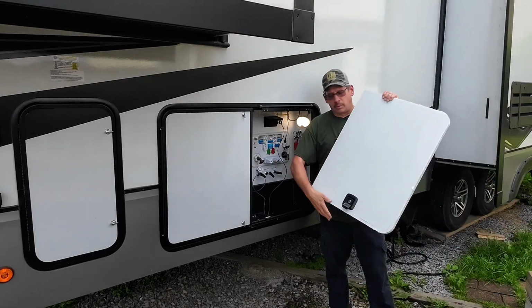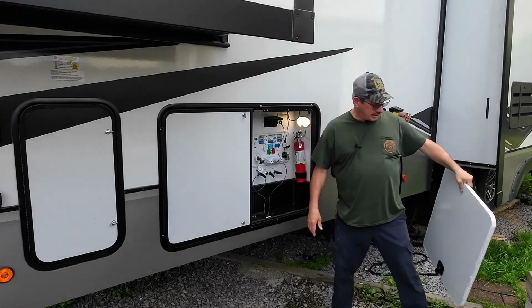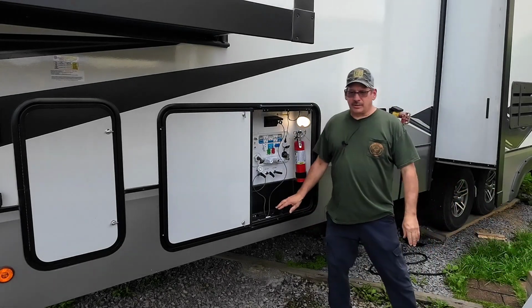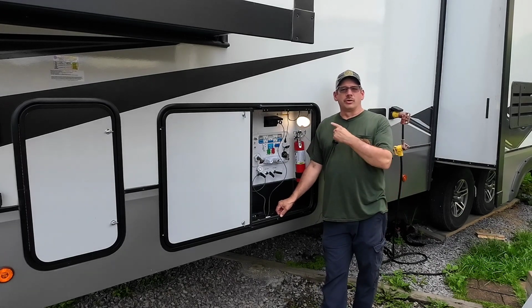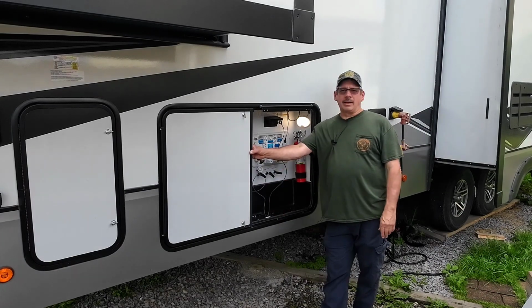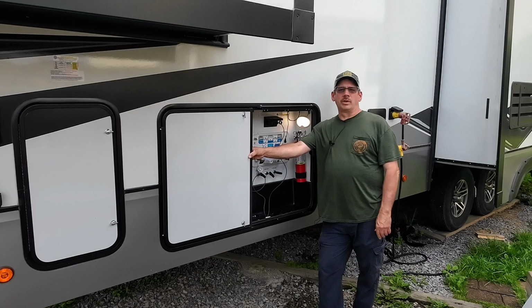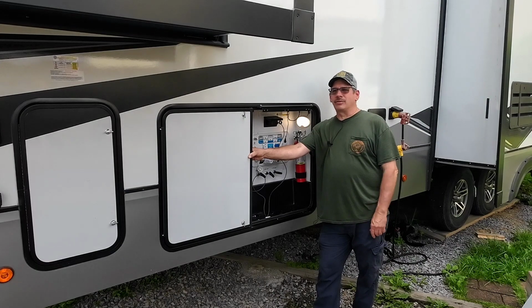Alliance used Global Link locks. And I understand why they did it. They put the slam latches on the other side, and the key also matches your main door going in, so they can say that they are one key. On mine, it had the Lippert locks, which uses a Bauer key, and I was on a mission to